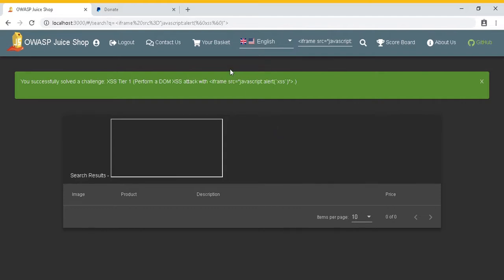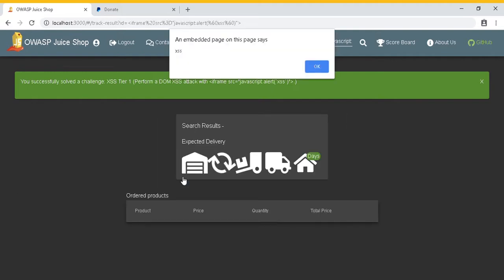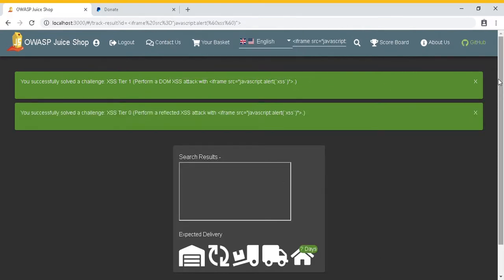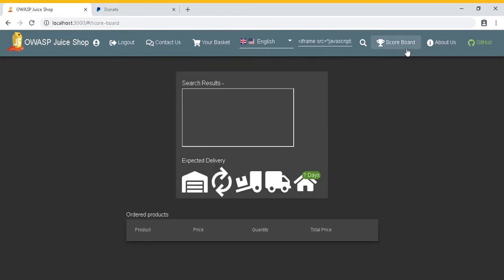But then we also have the track order, where you can put the XSS payload as the tracking ID, and we got the XSS. So we solved the DOM and reflected XSS, and going back to the scoreboard,